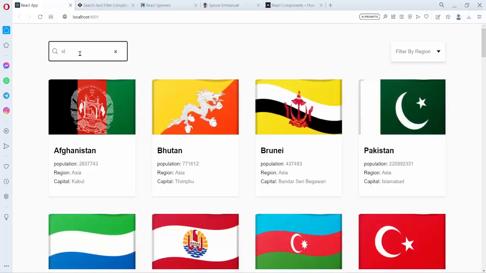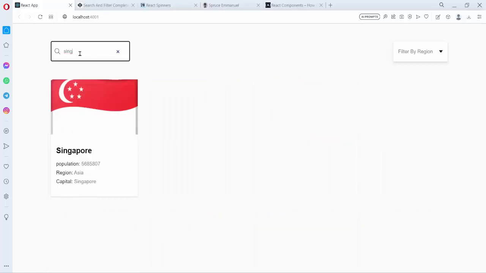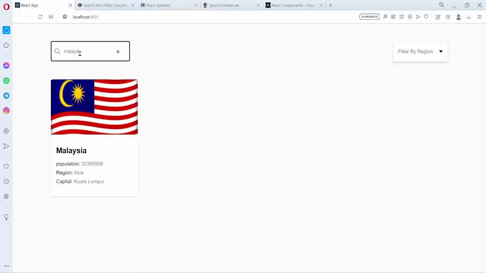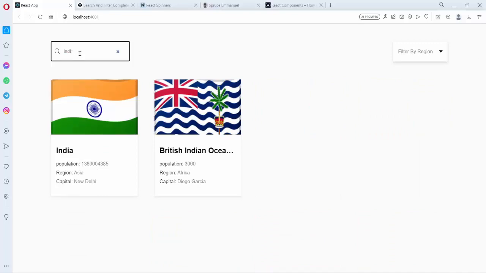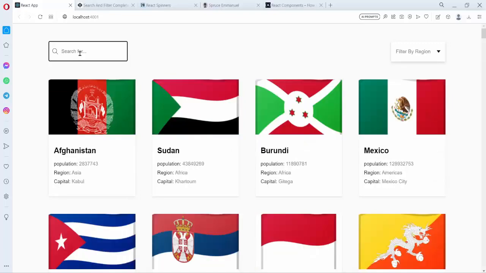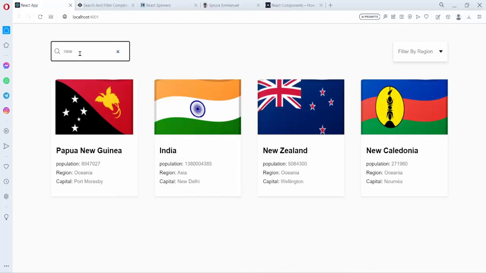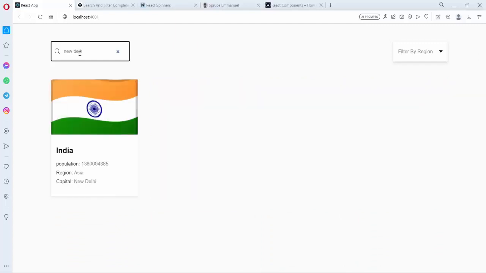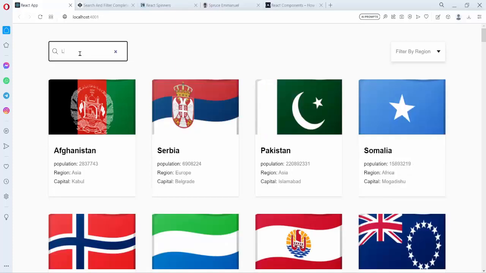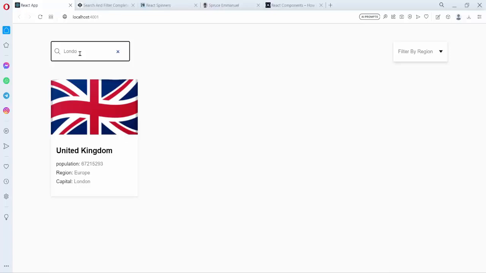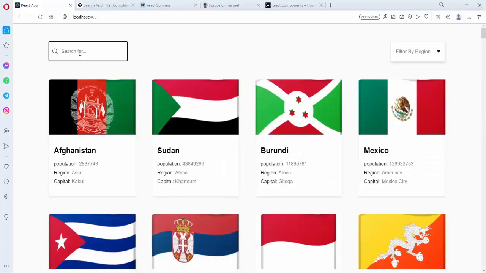So let's put Singapore. Singapore is coming up. Let's put Malaysia. Malaysia is coming up. And let's put India. India is coming up. And finally, we can search by capital cities. For example, India's capital city is New Delhi. So we get New Delhi, London, UK's capital city, Kathmandu, Nepal's capital city. Okay, so that way we can search by cities, and then we can search by regions,